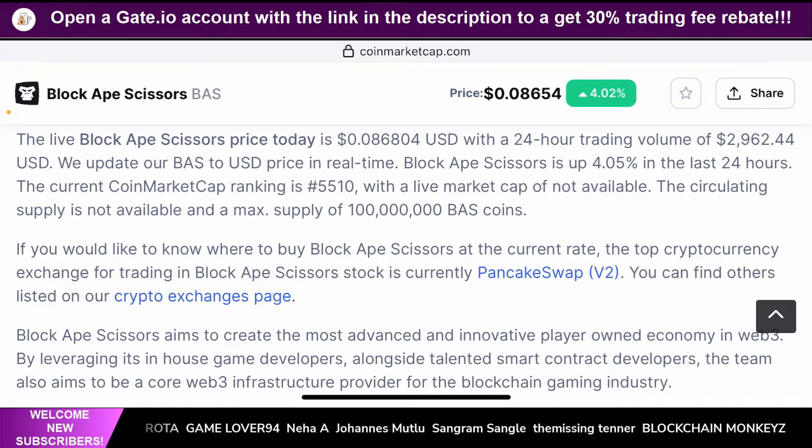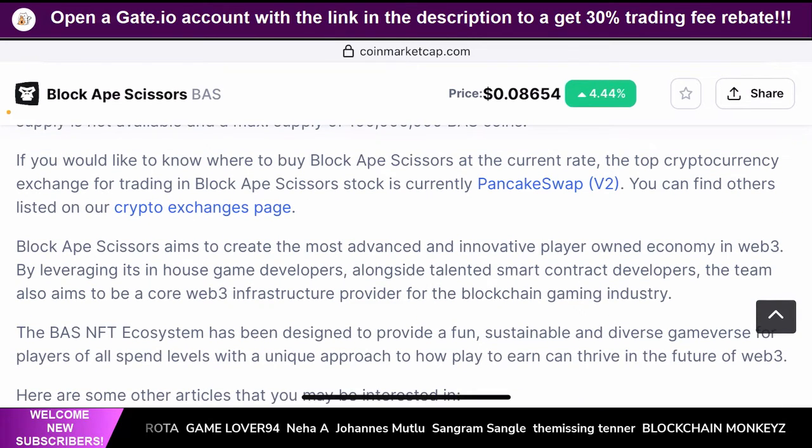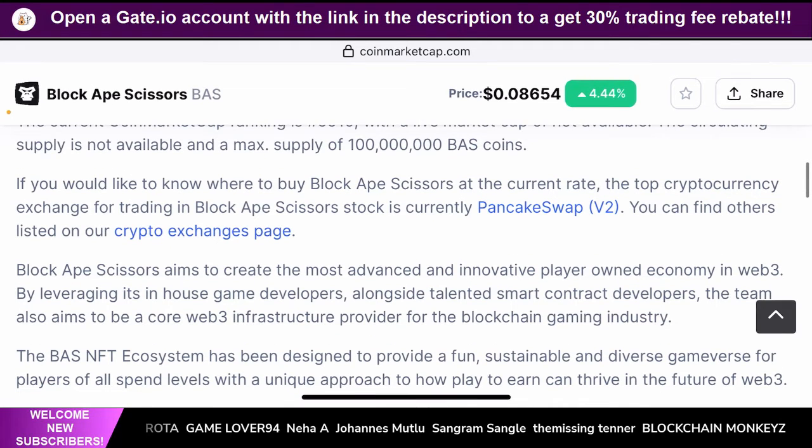And the team basically wants to be a core in the Web3 infrastructure space, providing high-tech blockchain games in the gaming industry, right? So that's their main focus. The BAS, which is the token of their platform and NFT ecosystem, has been designed to provide a fun, sustainable, and diverse gameverse for players of all spend levels, with a unique approach to how play to earn can thrive in the future of Web3. So they have a token and they also have an NFT ecosystem as well,